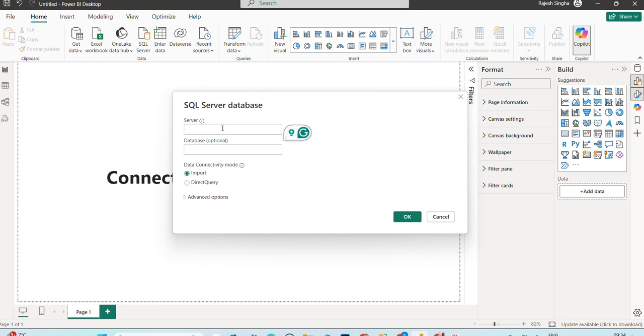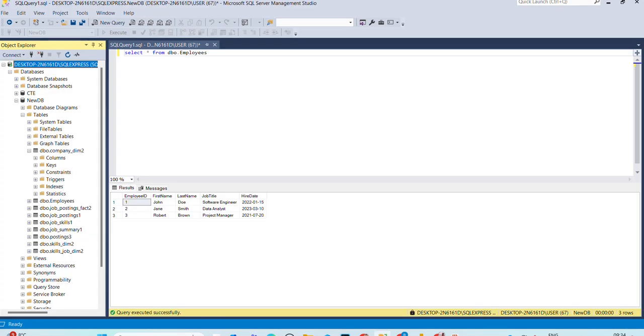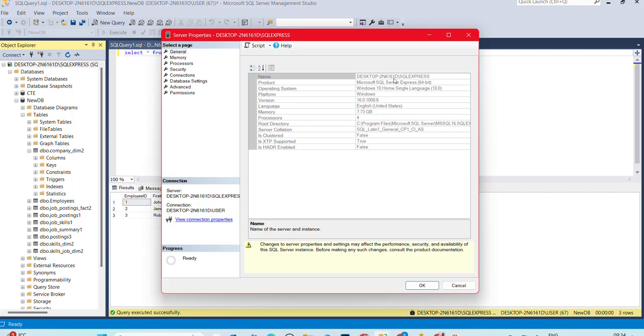First you have to give the server name, and make sure that you have installed MS SQL. So this is my MS SQL and this is my dataset. Three rows is a very small dataset. I will import this in Power BI. So go to the database server, right click, and go to properties. This is your server name, so just copy this